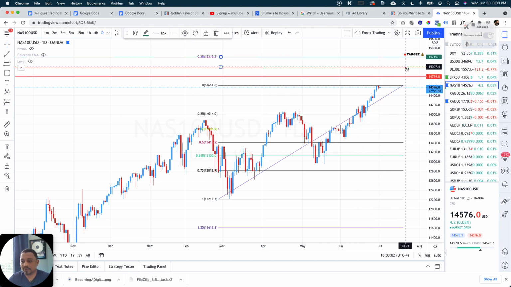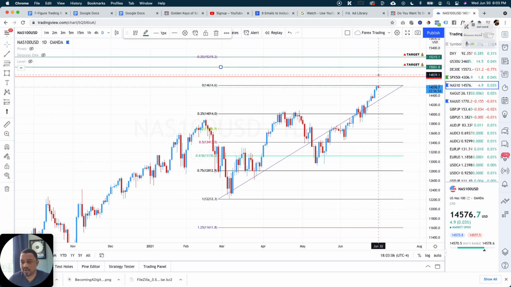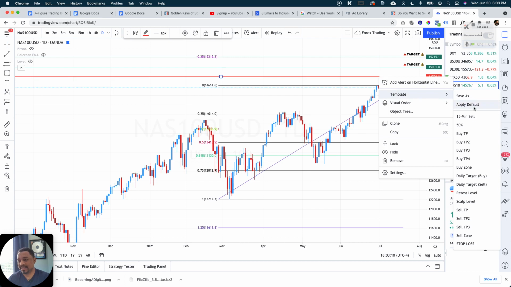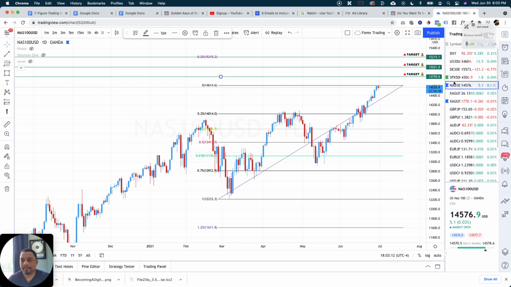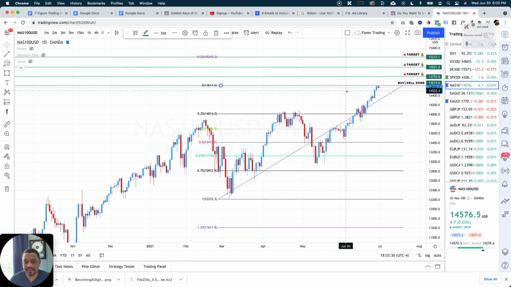On big moves, I break the targets up into the quarters, because the market has a tendency to move in quarters. Not getting into that. You can study that when you have the time. This is a buy or a sell zone. If it breaks out, I'll buy it. If it rejects, I sell it.